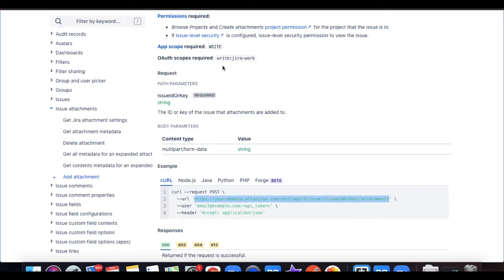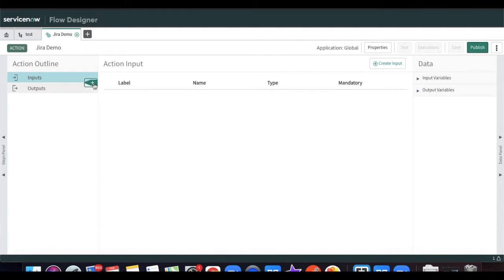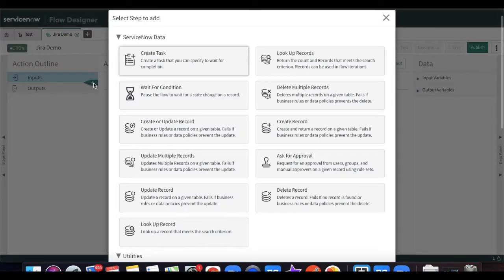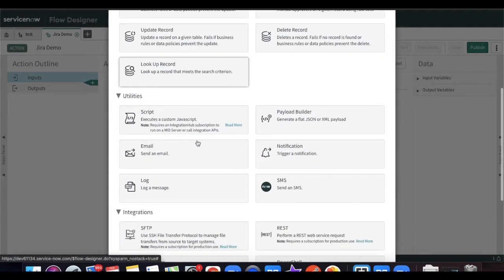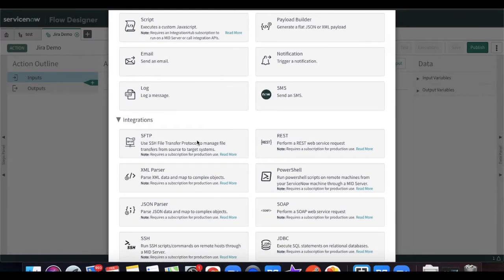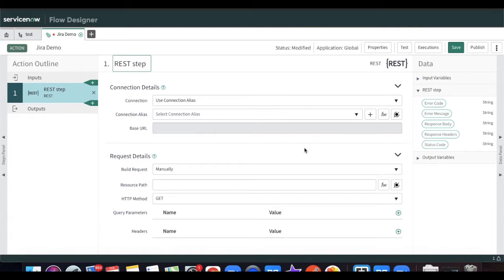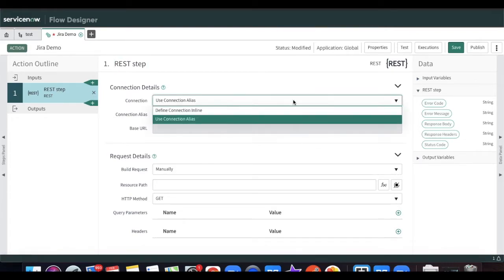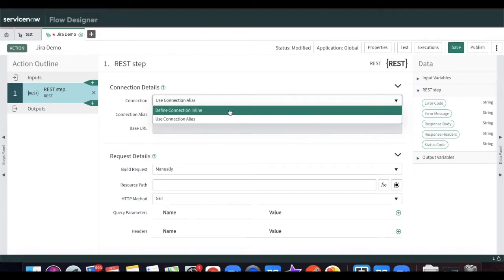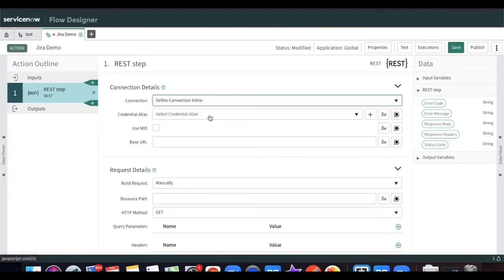Let me copy this one, and here if I go to the flow designer, click the plus sign, and scroll down, here is the REST method. I have to select that, and first I have to select define connection inline, and here I have to put the base URL.